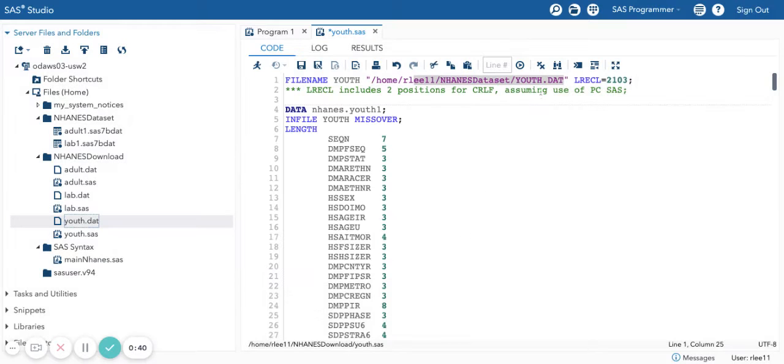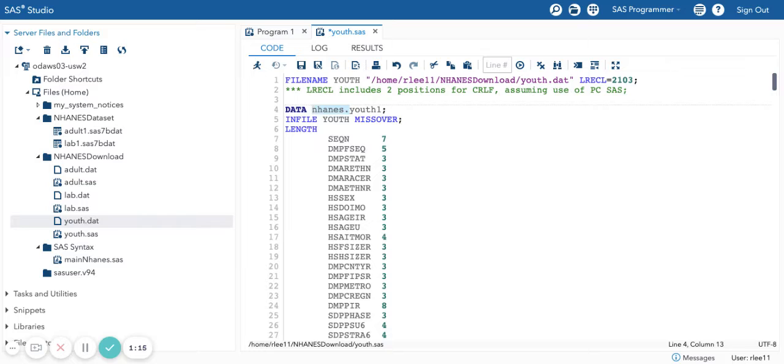Let's copy this location just to confirm. It's in youth download, okay. And once this references this file, it's going to load this as youth, right? And then in this data step, we're going to load this in a file called youth. We're going to insert all these formats in, and the new SAS data set will end up in the library